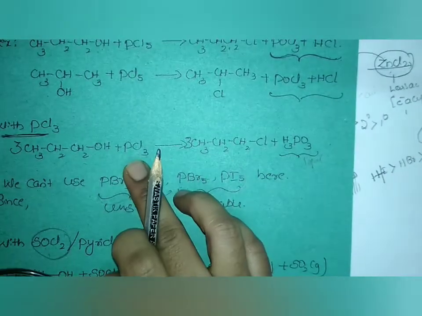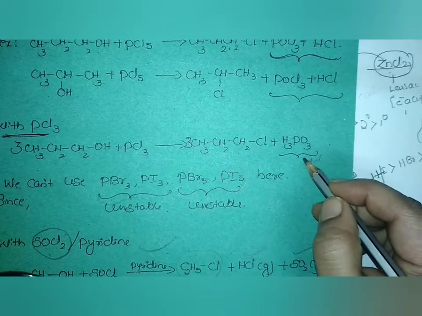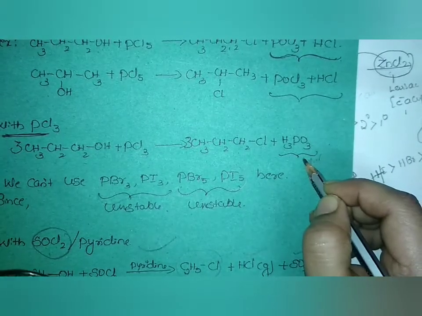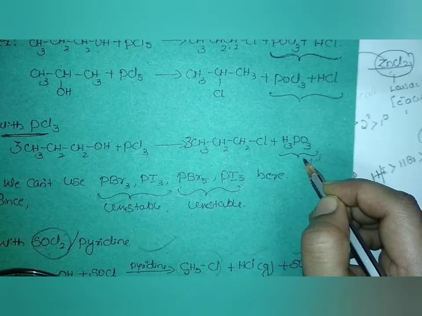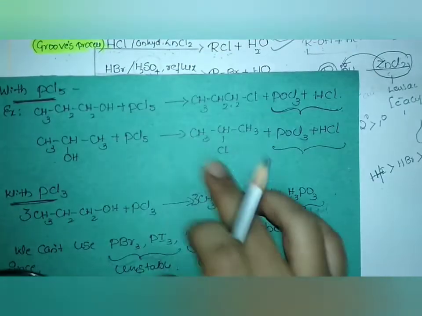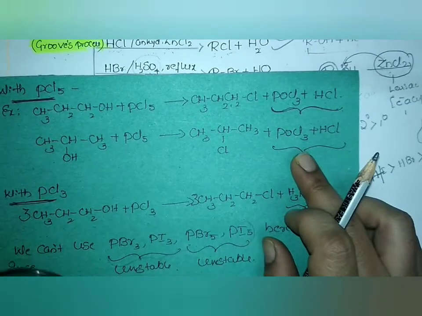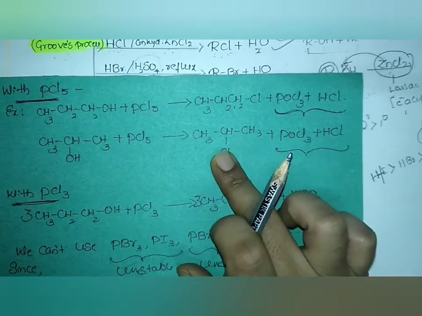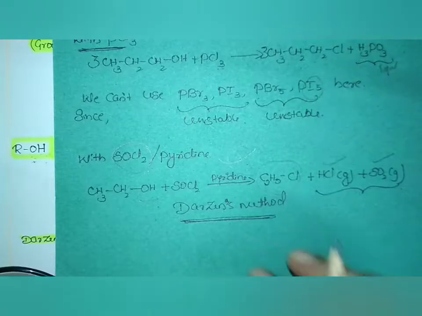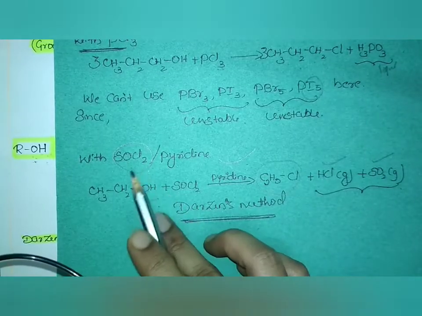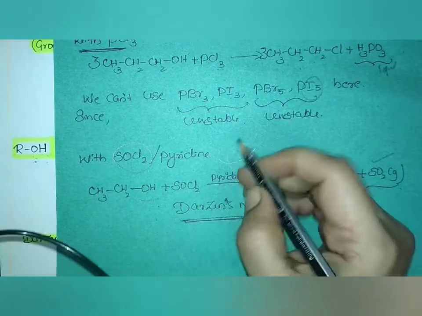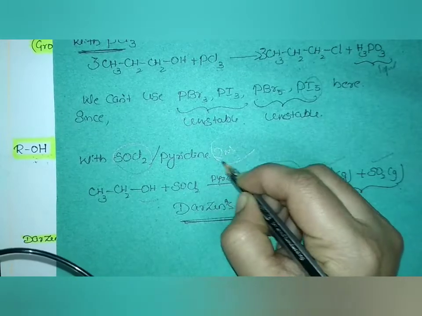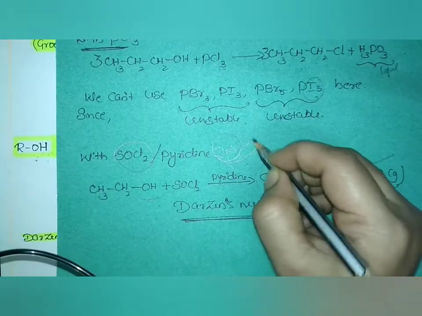But when it comes to PCl3, I have phosphorus acid, which is liquid and can't escape. I have to apply a separate method for this. Similarly, when it comes to PCl5, I have to apply separate methods for the separation of POCl3 and HCl from the required product. So among all, the best method chosen is the reaction with thionyl chloride, and you are going to get a question on this, even for theory and competitive exams.